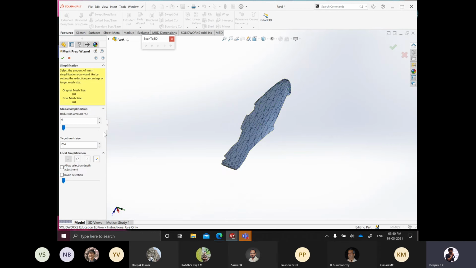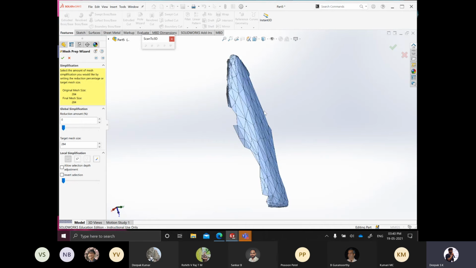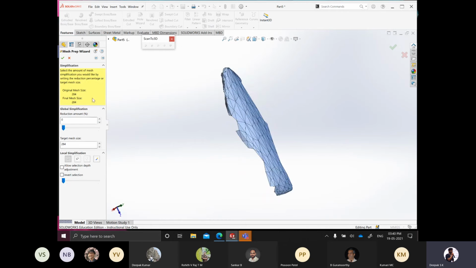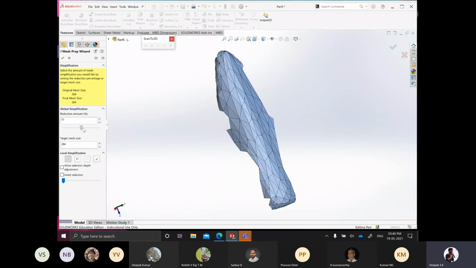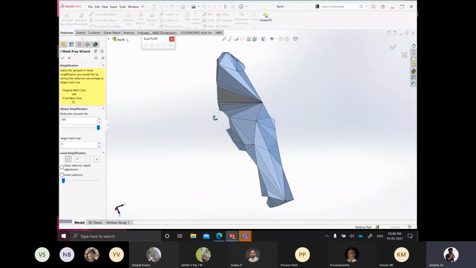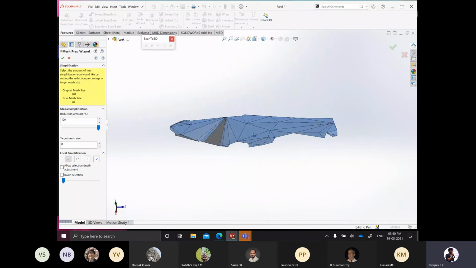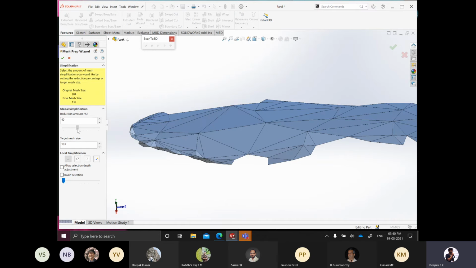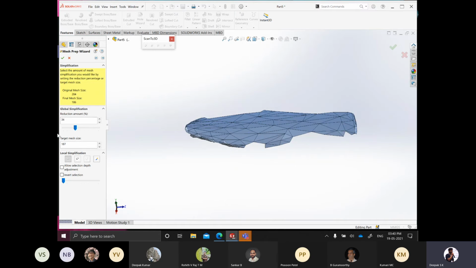Now going to the next, here you have the global simplification and the other option, smoothness. Here you can see the effect more easily. If I increase the simplification, you can see how the model has been abstracted. The number of cloud points has reduced. There are a lot of points which are now all merged into one point. As I keep reducing this, you can see that the number of cloud points increases, so the data size also increases.